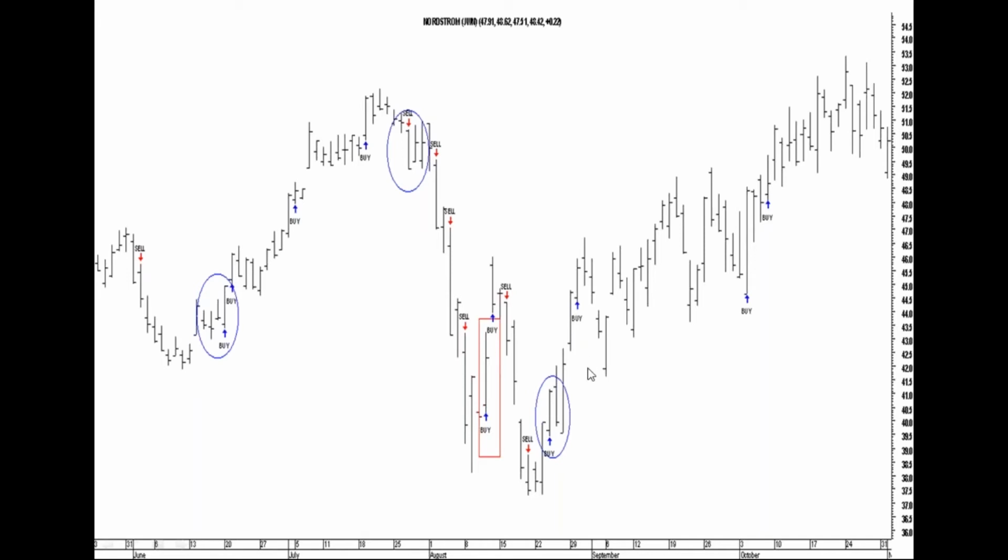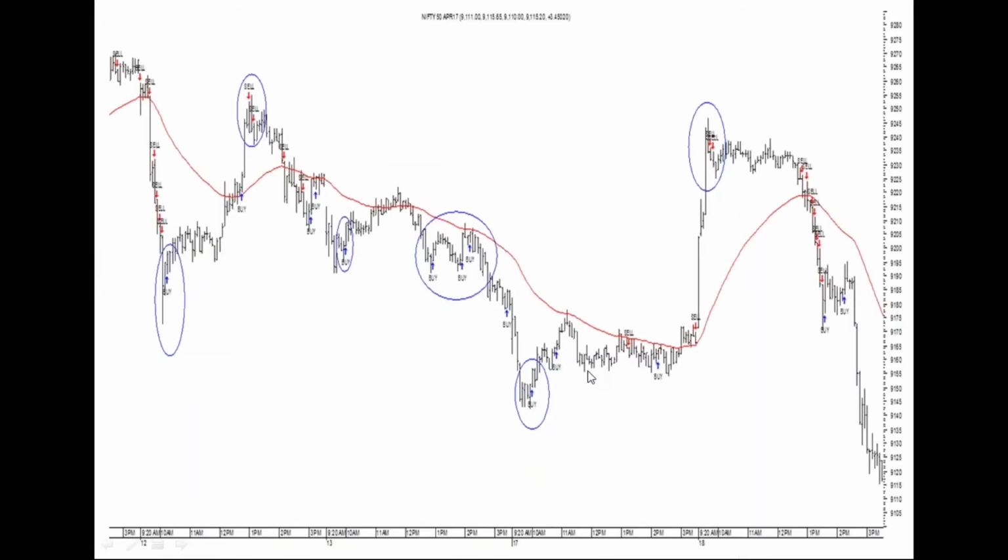Okay, so the counter trend is very straight cut, and I tell people who get confused, use a simple moving average. So what I did was on this chart, I plotted a 30-period moving average, and I said whenever I look at a buy setup, I want to make sure that it's happening after a drop and it's below the average. Or if I look at a sell signal, it's got to be after an up move and it's got to be above the average.